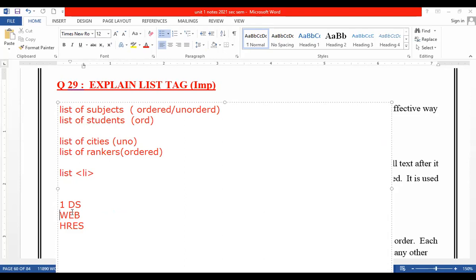Like I can use Roman A dot, or small a dot, or small i dot, or Roman capital I dot. So these are different types of bullets that we can use. Is it clear?